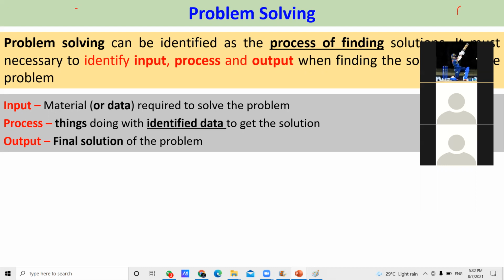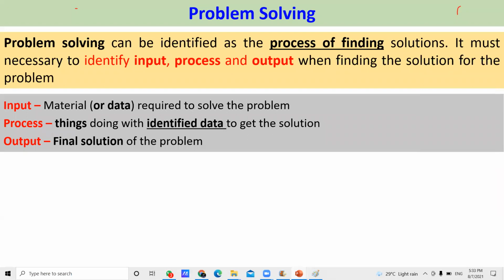That is called process. Then the final solution of the problem. After you process the data, you will get the final solution. That is called output. Output of the problem.